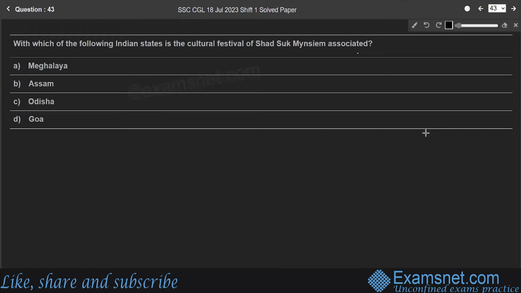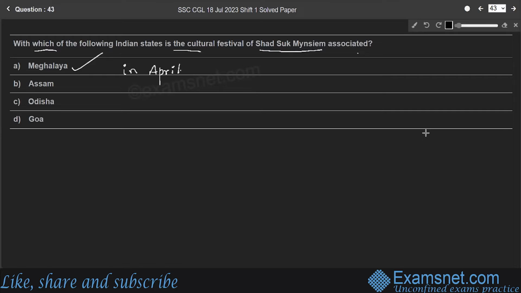Question 43. With which of the following Indian states is the cultural festival of Shad Suk Mynsiem associated? It is associated with Meghalaya state. It is the most important festival of the Khasi clans of Meghalaya. This festival is celebrated in April